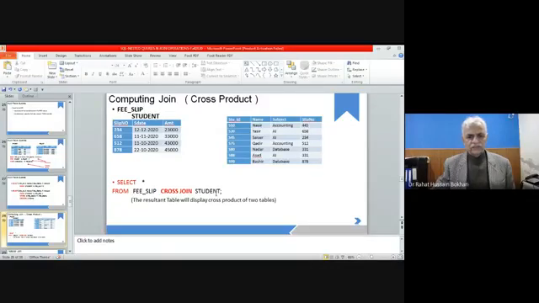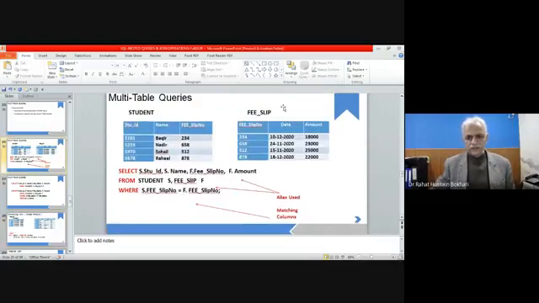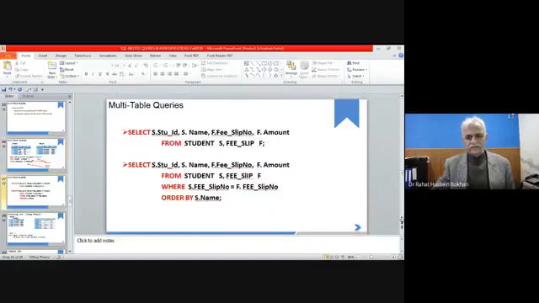So I cross join the students, and the resultant table will display the cross product of the two tables. These are the fee slip and these are the student. We need all the columns: fee slip number, date, amount, student ID, and name. Okay.